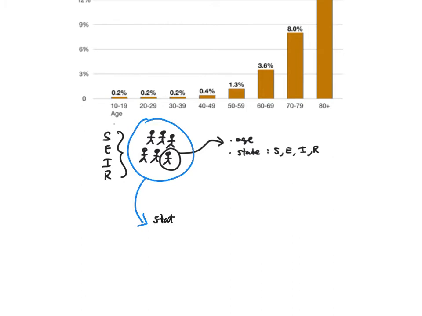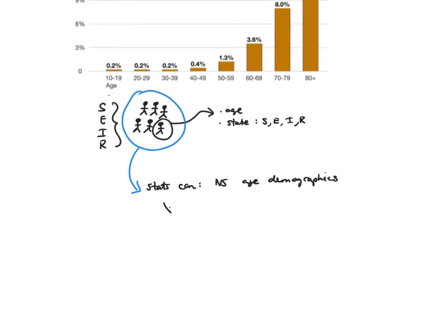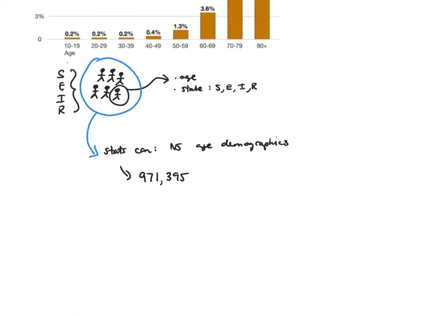So I just went to StatsCan, and you can get the Nova Scotia age demographics. And so we take the population of Nova Scotia, which from StatsCan can be best estimated as about 971,395 individuals, just a hair short of a million. And then we break that population into the various age categories. We have a slightly older population in Nova Scotia than maybe some other jurisdictions, but this 971,000 people, for instance, in the 0 to 9 age category,